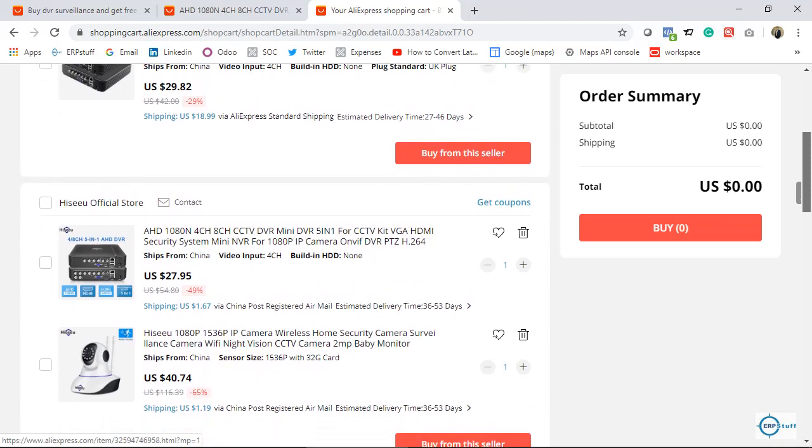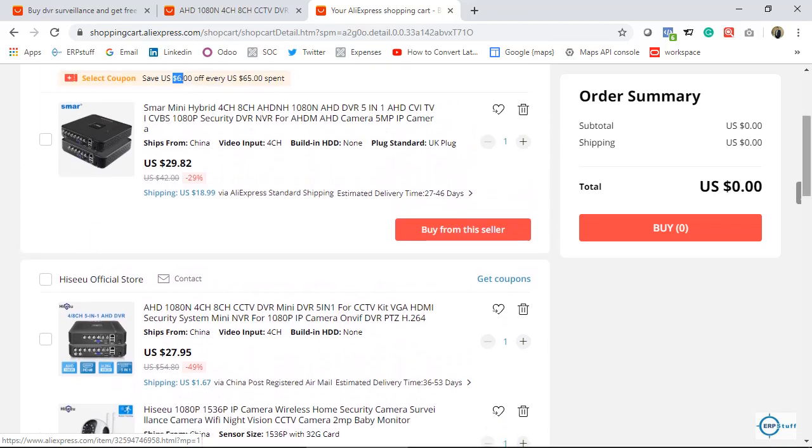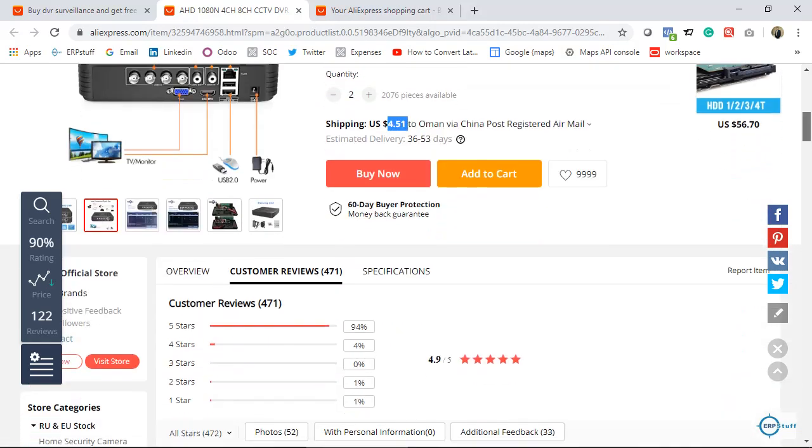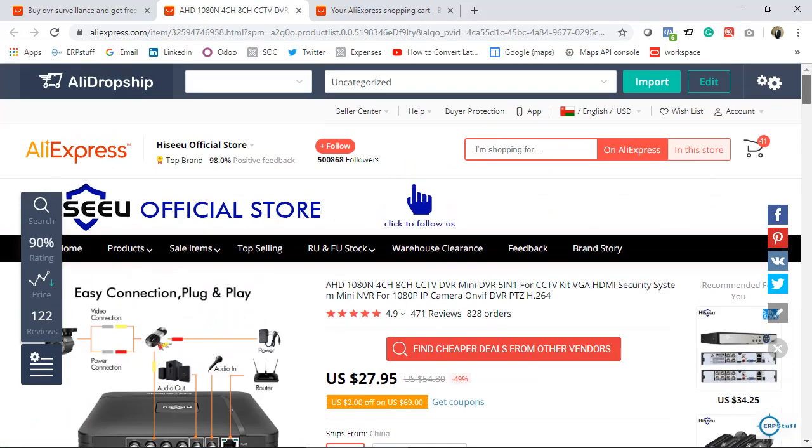Okay. See here now, you can remove, you can add the quantity, whatever you want. Okay. Now, let us say for example, if you have shipping here 1 point, let us see, I am adding the quantity, it is adding this shipping cost as well, right. Okay. Now, once you order,